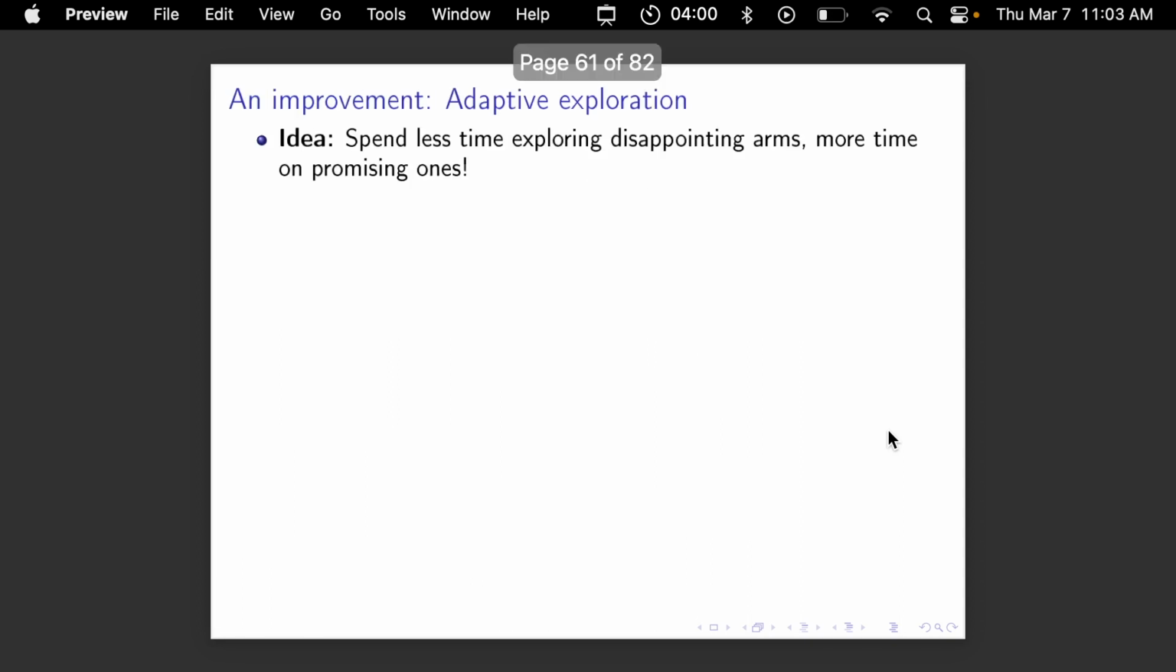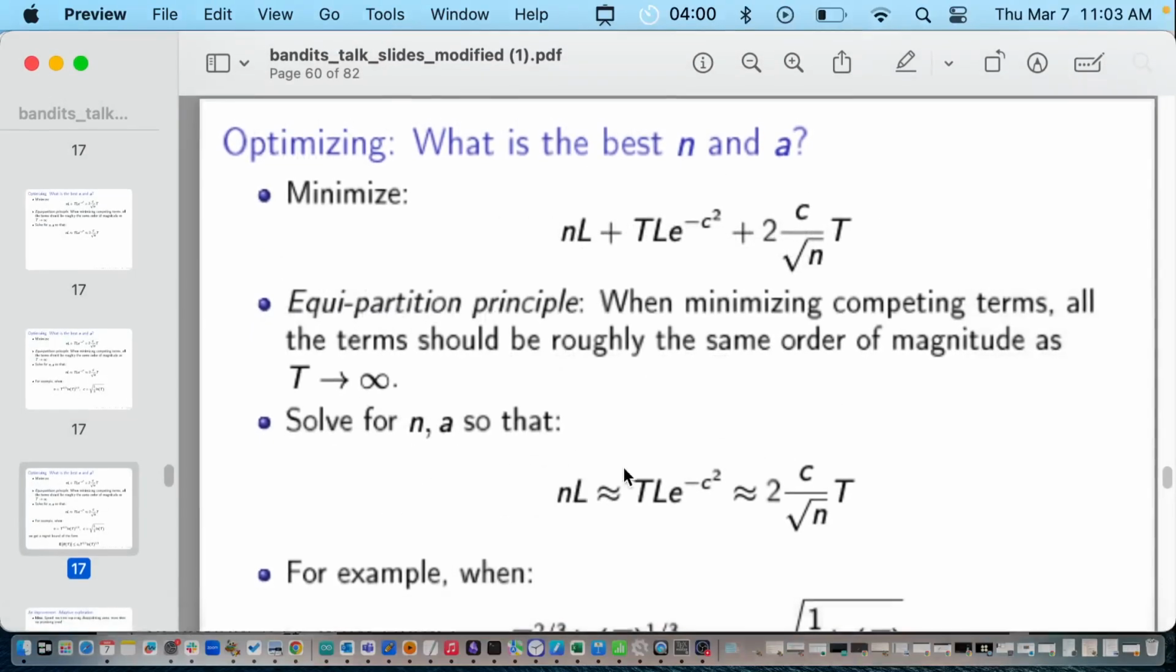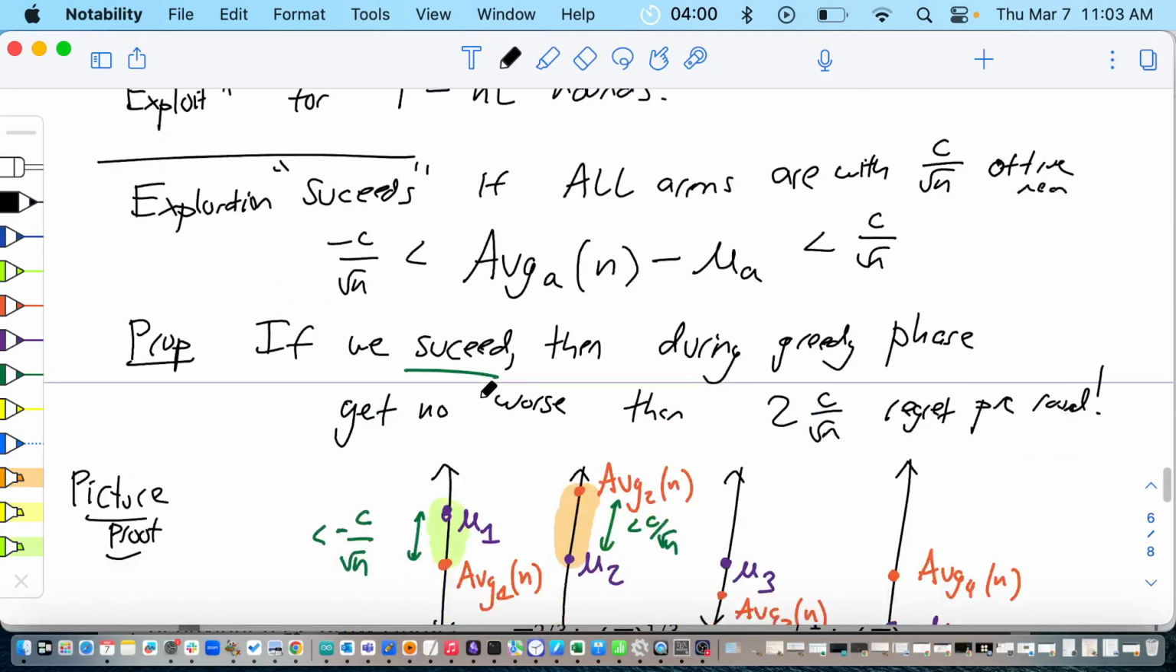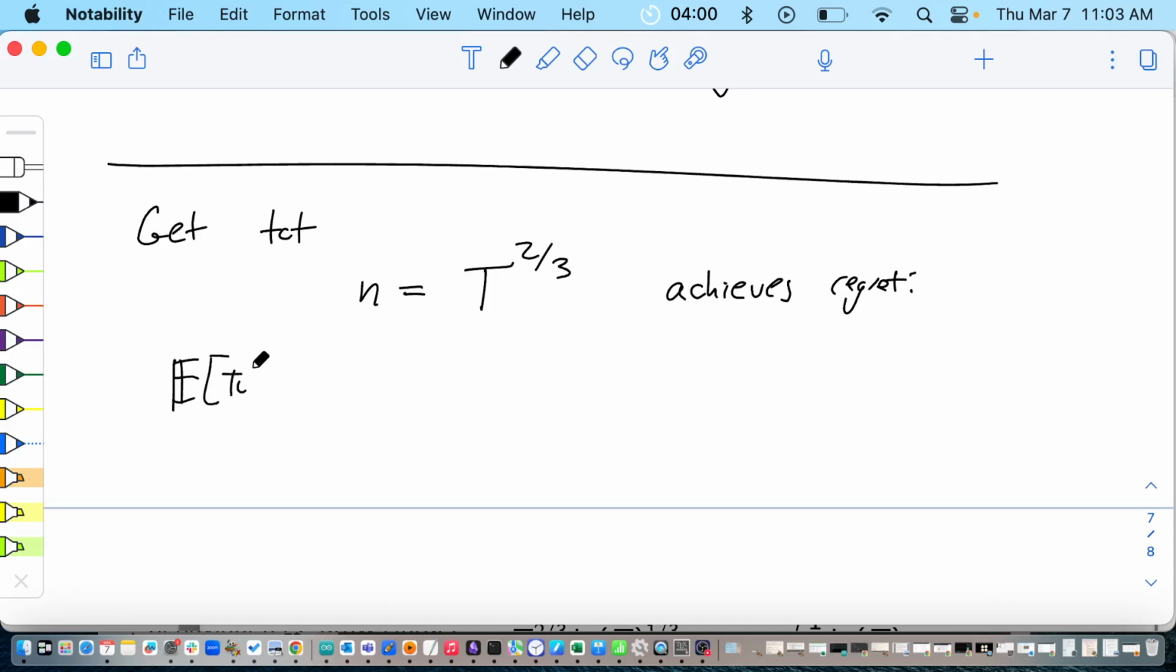I think I have some picture about this. Okay, actually, let's do this quick example. So let's write this one down. I think it's worth doing. So we get that n equals t to the 2/3 achieves regret. Expected total regret equals also t to the 2/3. And so the example,